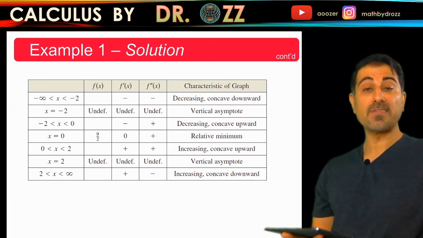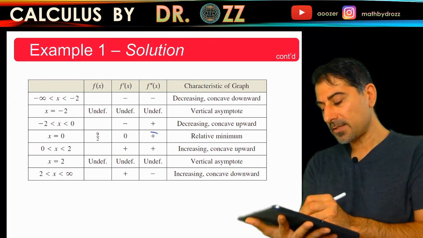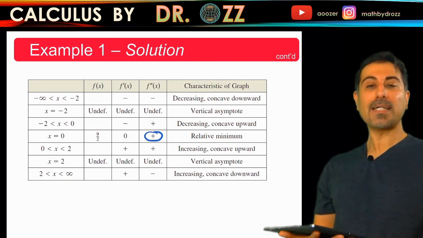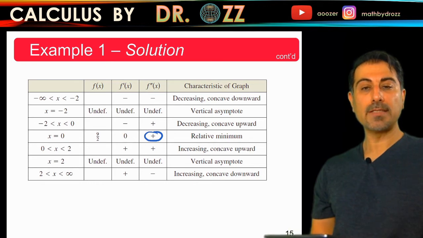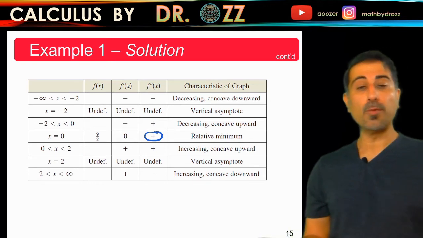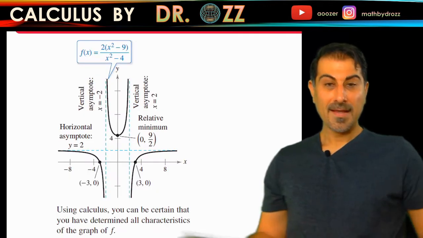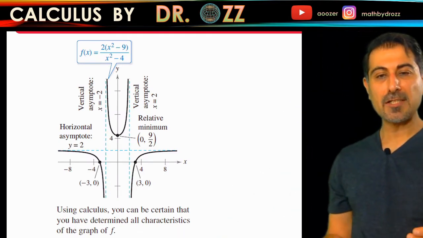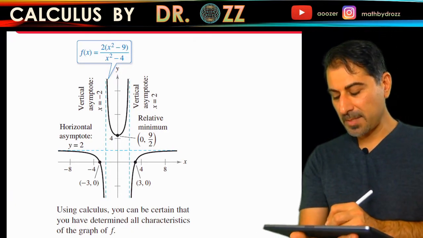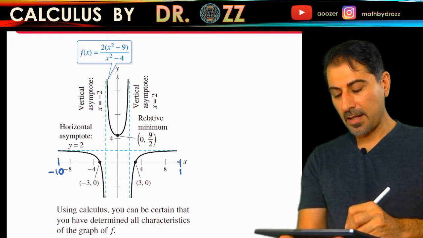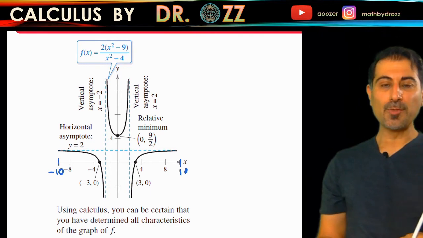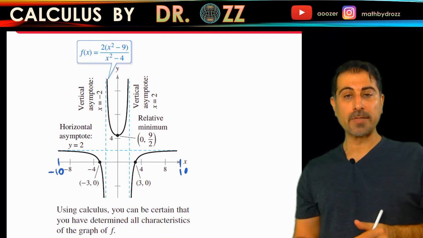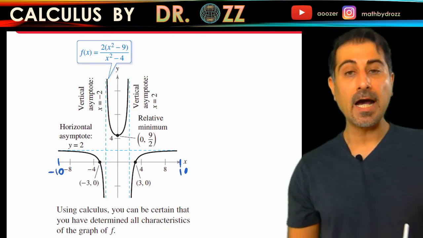the sign of f double prime at 0, and it turns out to be plus, which essentially means by the second derivative test that we have a relative minimum at x equals 0. And finally, we graph the function to be able to understand the behavior. So you can take your x min to be -10 and +10 for the x max. You will see that you will have all the crucial parts of the graph getting into the viewing frame in